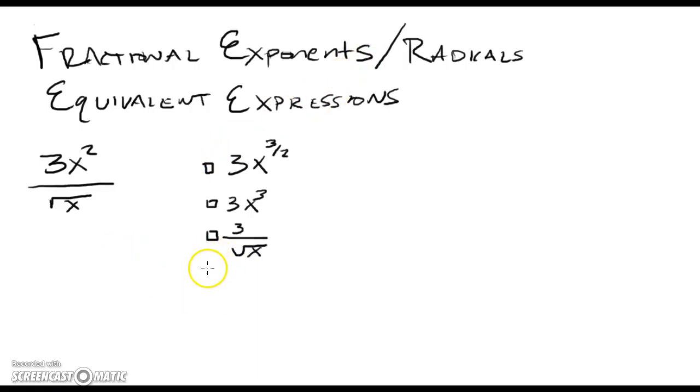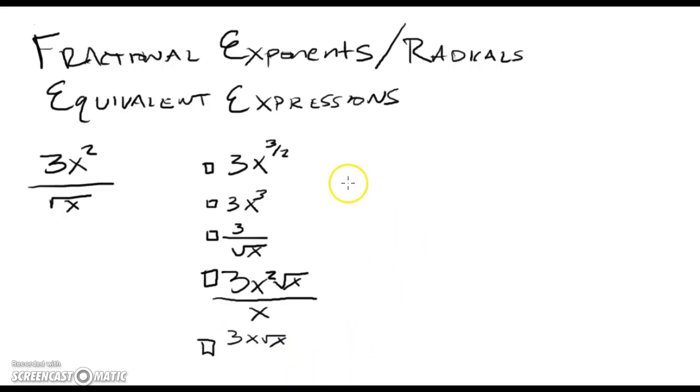Let's say that our next one is something like 3x squared square root of x over x. And our last one is 3x root x. And I want to go through and see which of these expressions are equivalent